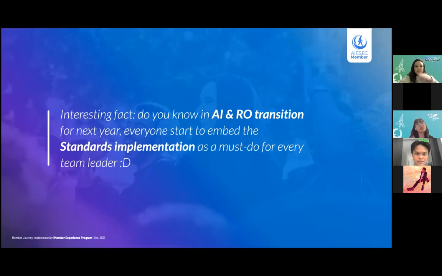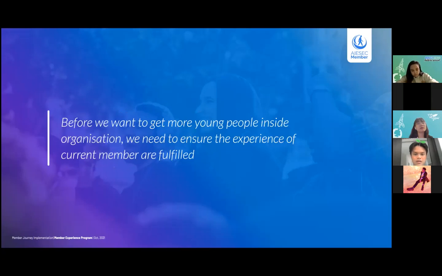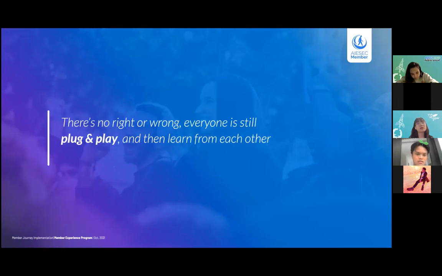Basically, before we had this kind of conversation, before we went standard by standard, we didn't know what activity we could have or what we needed to start doing, like even community, for example. When was the last time we actually focused on this kind of topic, in AI and at our level? But after we started to talk standard by standard, the key outcome was realizing there are a lot of good ideas. They're not right or wrong right now, because everyone is still trying, and we are still plug and play, to see what kind of standard makes sense and how we can implement the standard in different ways as well.